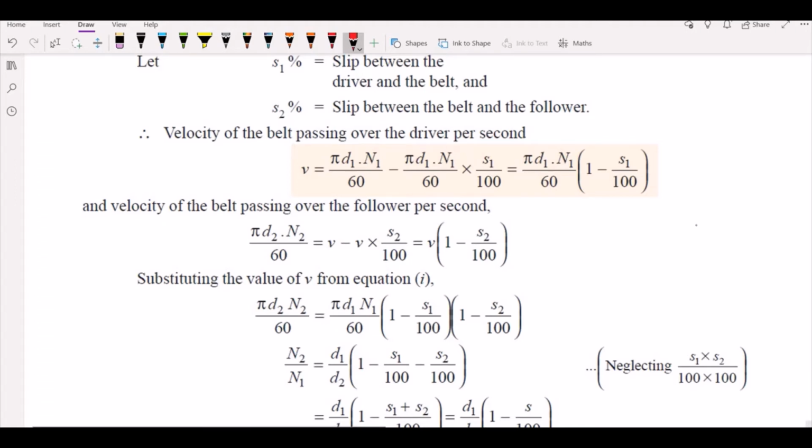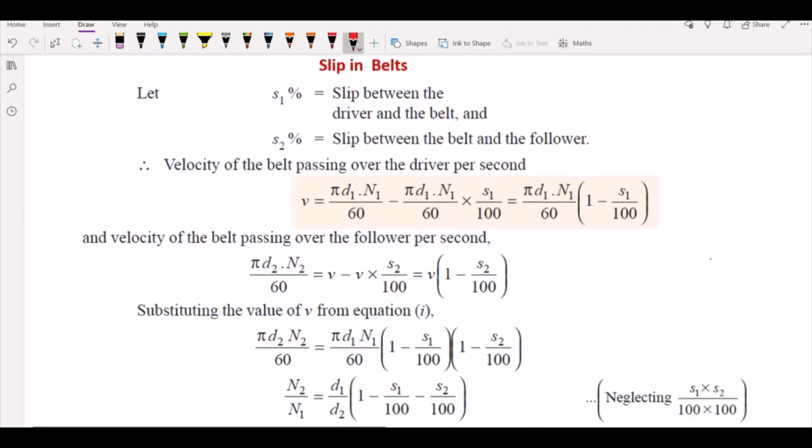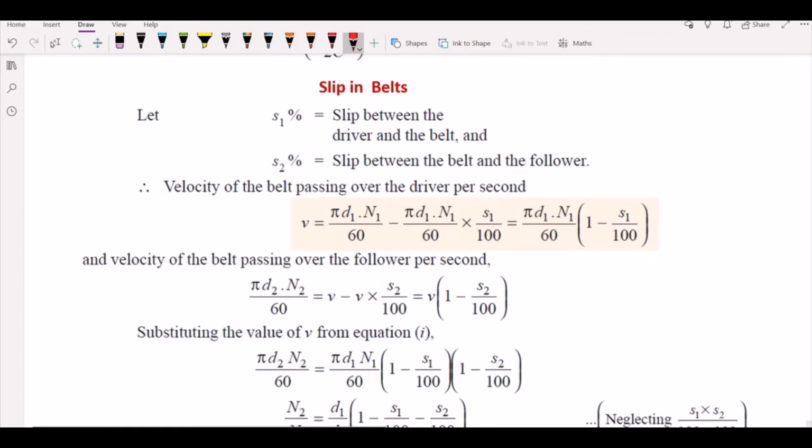So if I take this percentage of slip in the first case and second case, S1 is the slip between your driver belt, and the other one, S2, is the slip between your follower belt. Okay, where you have your driven member and driver member one. So in this case, if I take the slip over here,